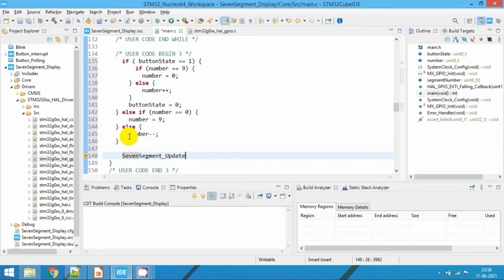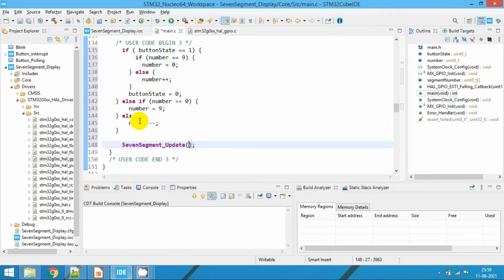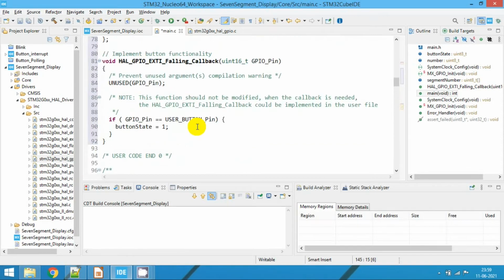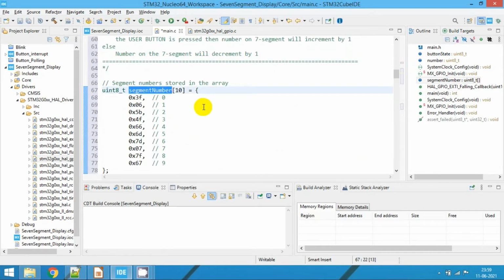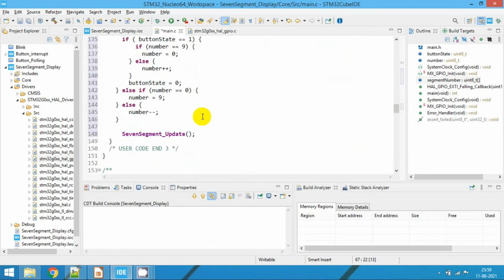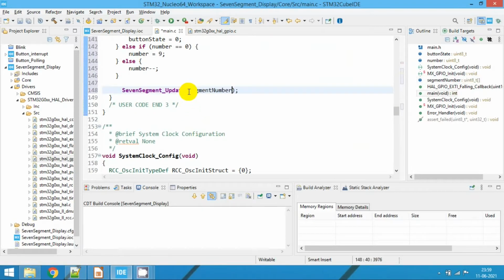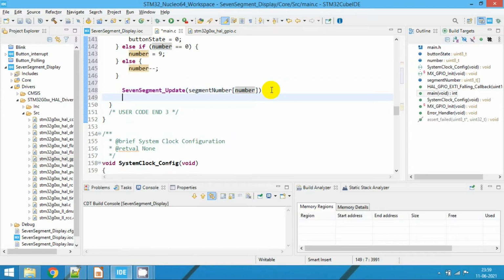We are going to implement this function soon. Here we are going to pass this number as an array index. So the array is this segment number array, and we'll pass this segment array and the index as a number. And then to see the changes on the 7 segment, we're going to call a delay of 1 second.